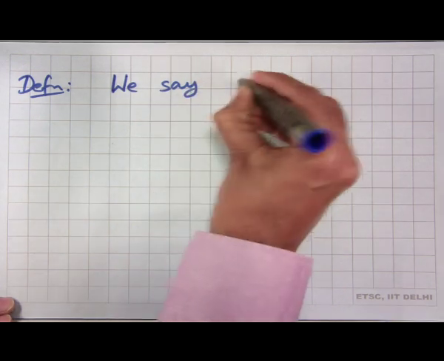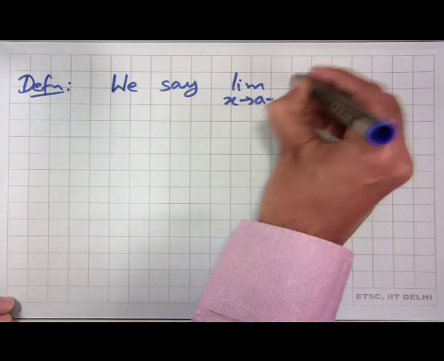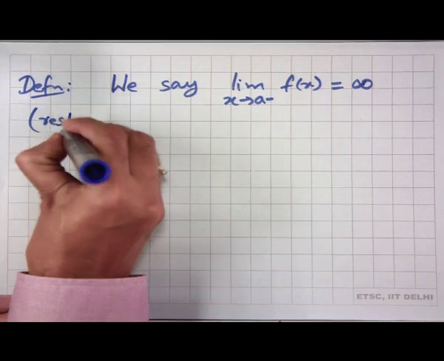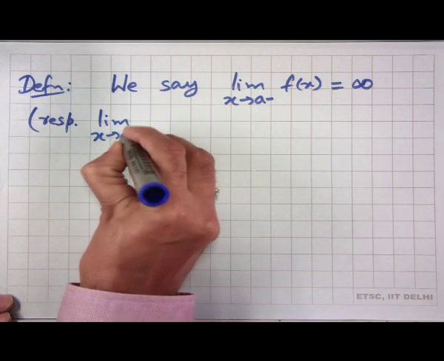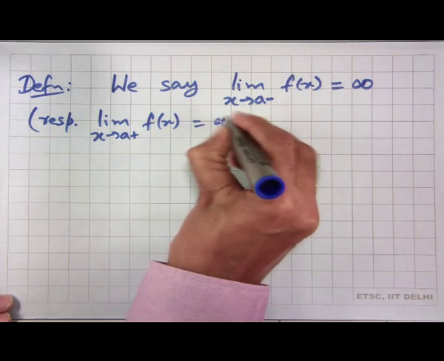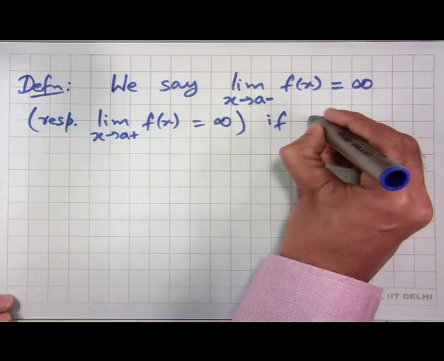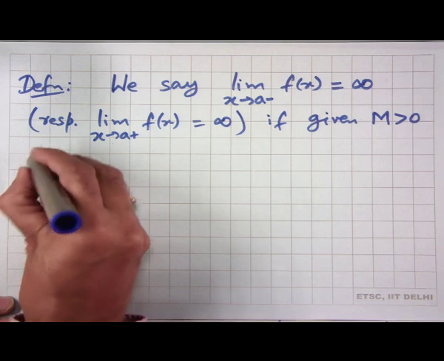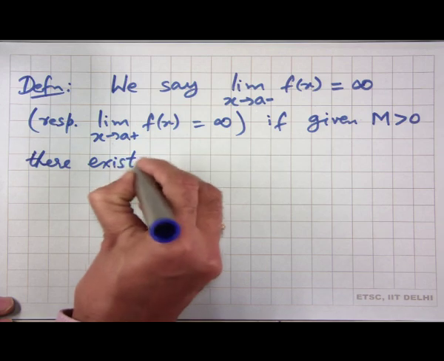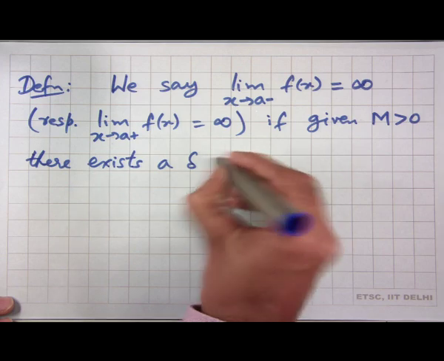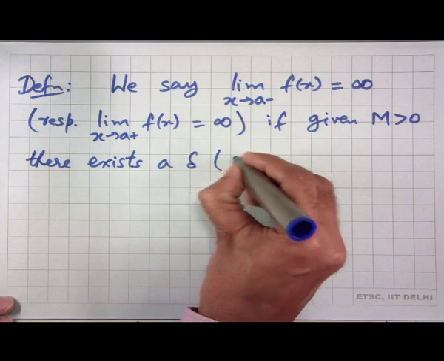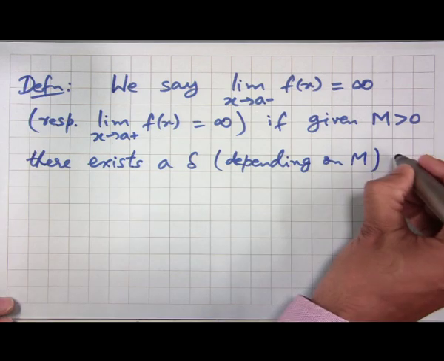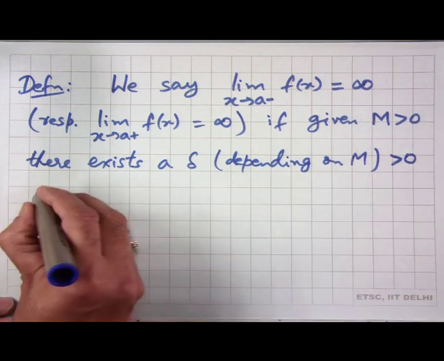We say the limit of x going to a minus of f of x is equal to infinity, or respectively, the limit of x going to a plus of f of x, which means the right hand limit, is equal to infinity if, given any positive real number m, there exists a delta, which is positive. This delta might depend on m,